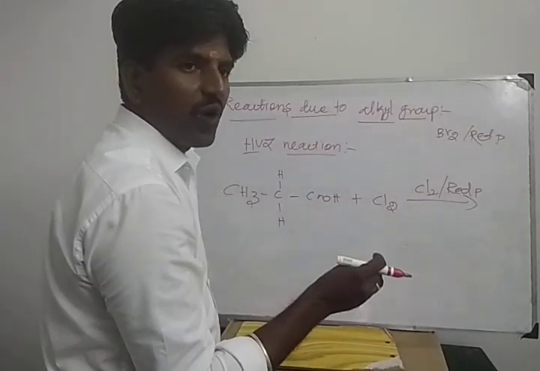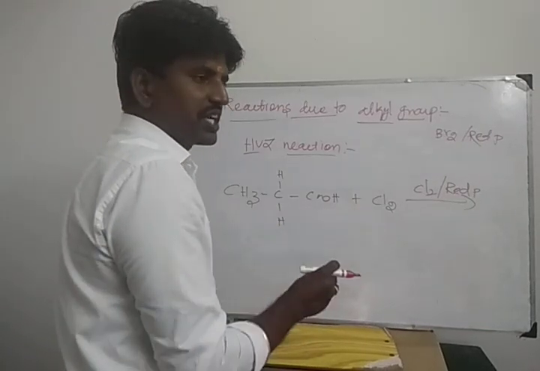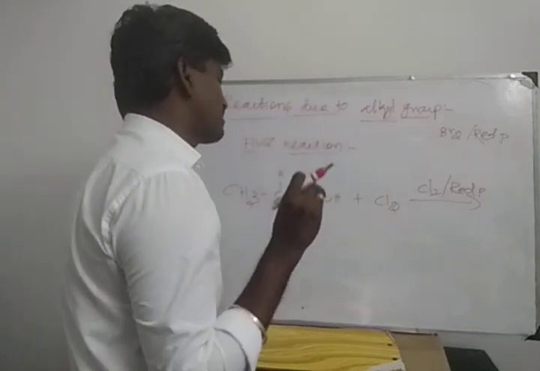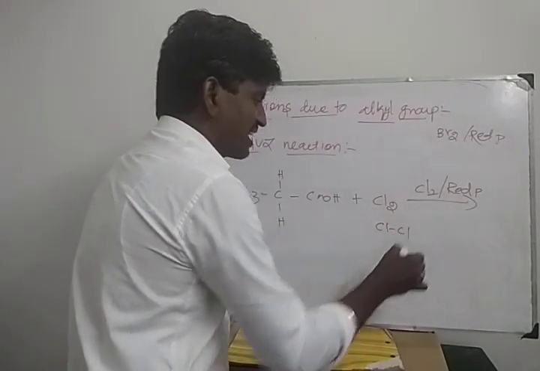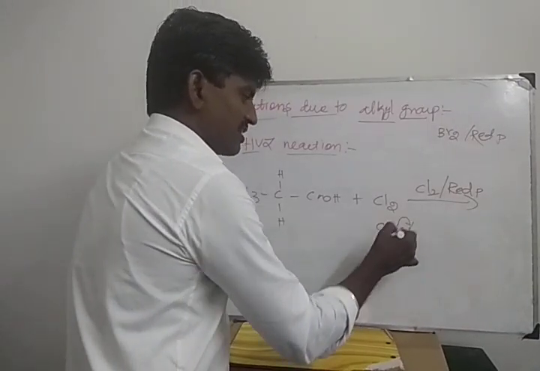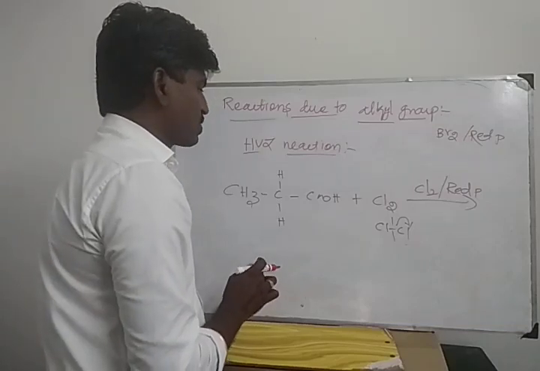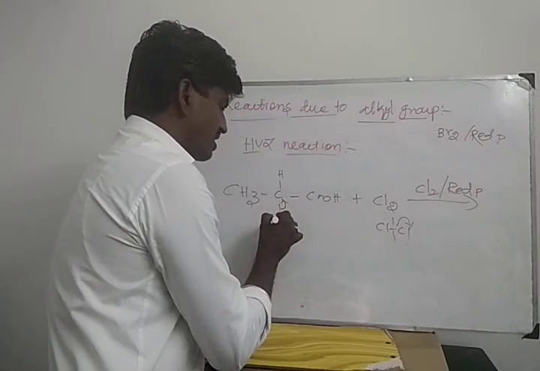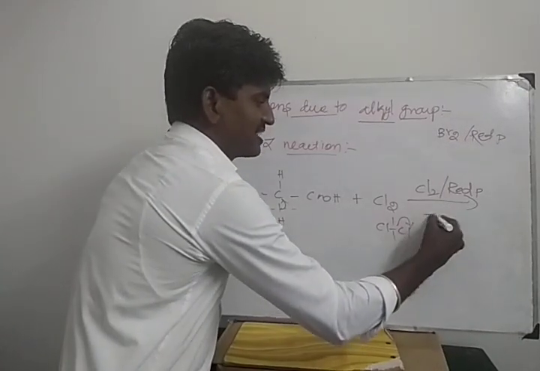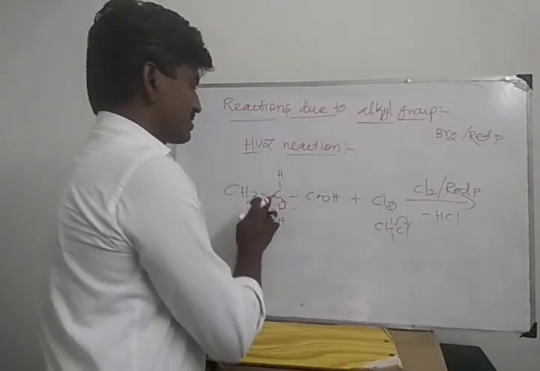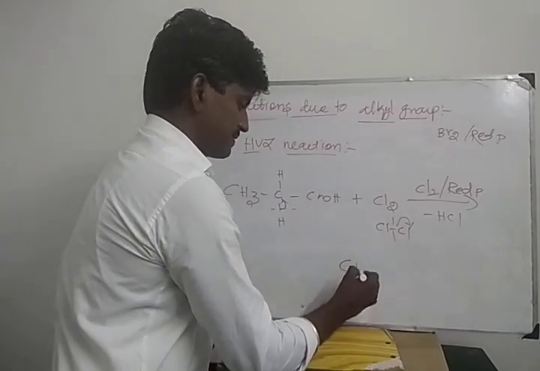Okay, here which one is involved? Alpha hydrogen is involved in the chemical reaction. Already I told you its condition. It should contain an alpha carbon atom and alpha hydrogen atom. Okay, now chlorine. I will write Cl bond Cl minus. Am I right? Compare carbon and hydrogen. Which one is more electronegative? Carbon. So carbon takes one pair of electrons. H plus Cl minus, HCl is removed. What's the charge? Carbon minus. Here Cl plus.